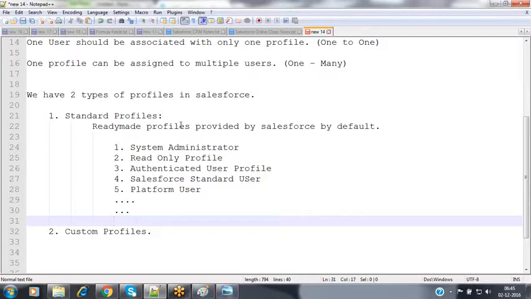Suppose, for example, come to a general scenario. Assume that we have an organization, a TCS organization. In the TCS organization, they have a very big campus, where they have various cubicles, various rooms, conference rooms, and along with that, they have server rooms also. Every day, so many new employees are joining the TCS.